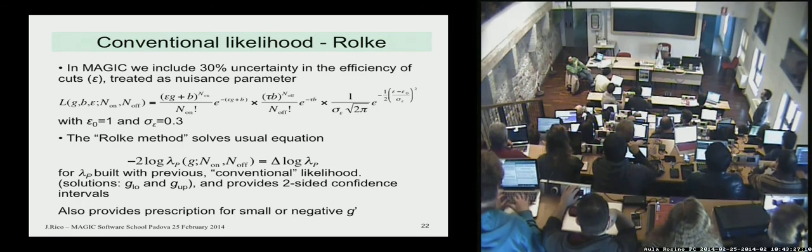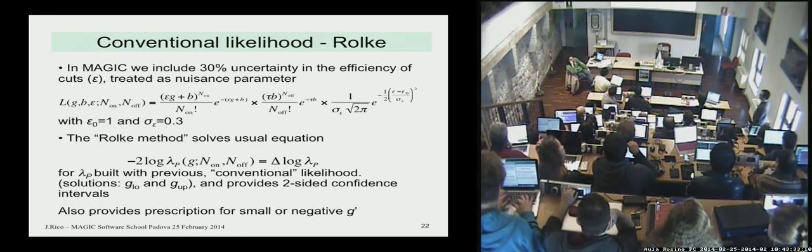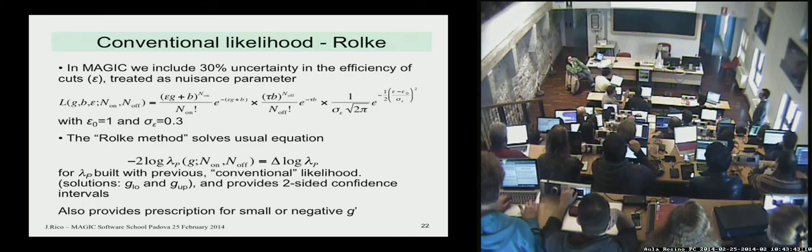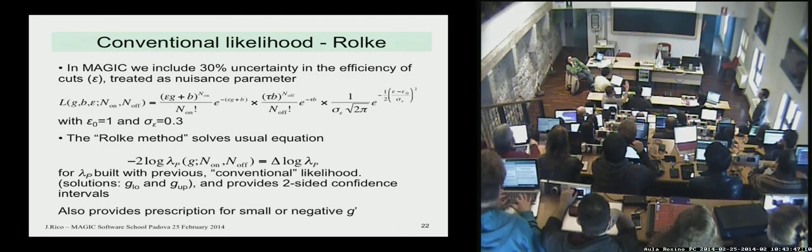Yeah, I don't see this. This is global efficiency. It does not depend on the energy. So I don't see how this effect could be included through this parameter. The point is that if you have a bias in the energy, let's say a constant bias of 10%, and you have a spectrum which is